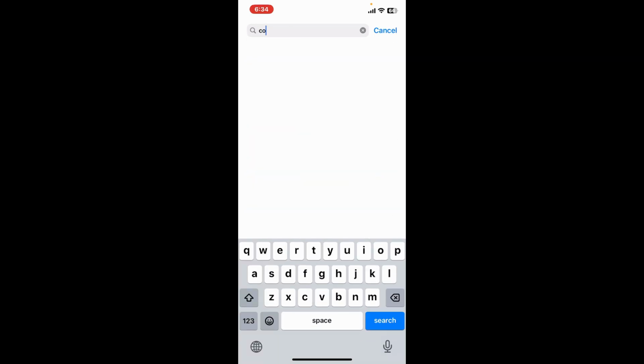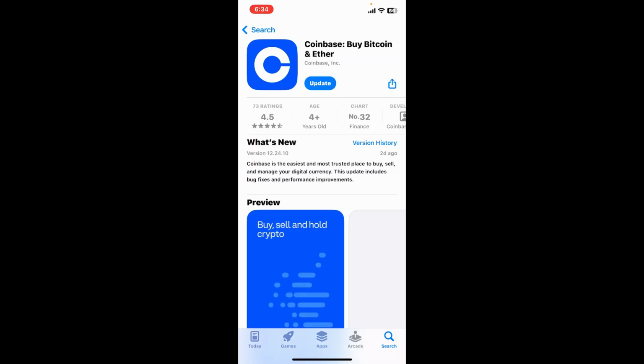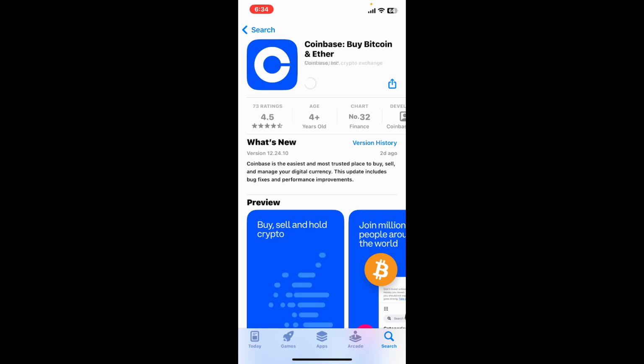First of all, go ahead and open your Google Play Store or your App Store and search for Coinbase in the search box. Once you find the Coinbase application, make sure that you've downloaded the application on your device. Wait for the app to download or install, and after it's done, click on Open to open the Coinbase app